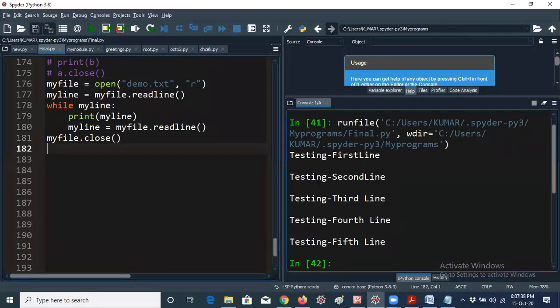So testing first line, testing second line, testing third line, testing fourth line, testing fifth line. All lines will be printed because here I am adding the particular line in the while loop again. That's all. This is a very easy concept. Here no increment operator is required because the string will be automatically incremented in the while loop up to an empty string. That means here up to this value it is incremented, guys.